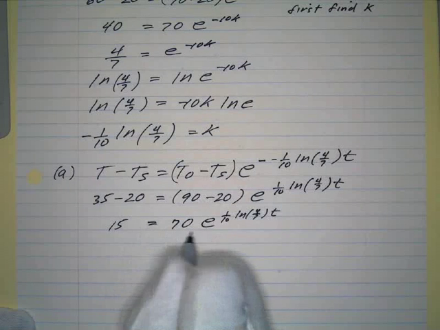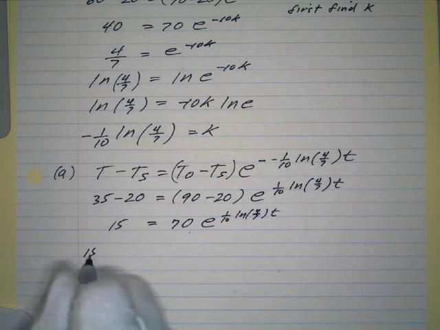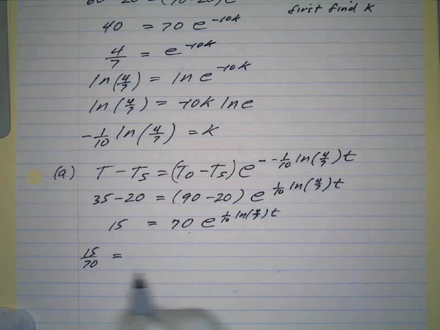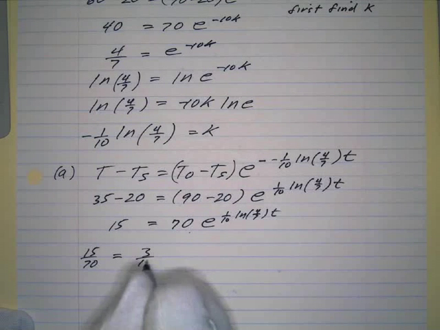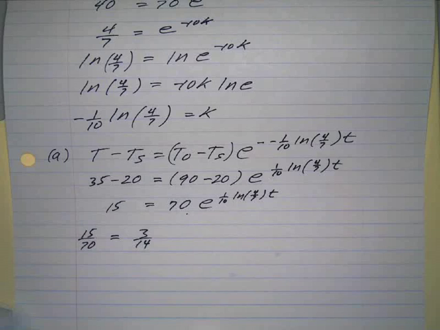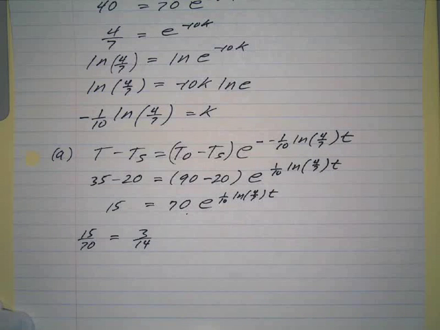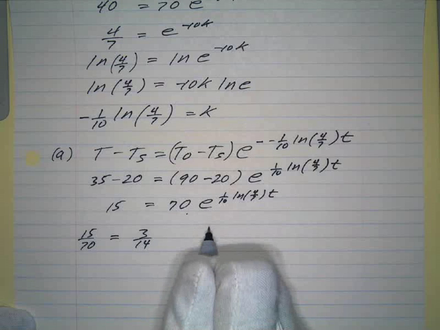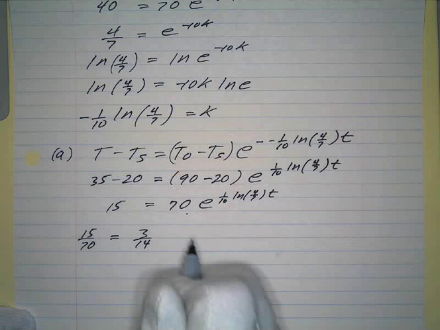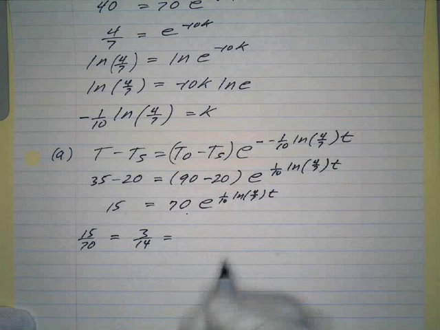So we have 15 over 70, and I can reduce that by 5 to be 3 over 14. That's going to equal e